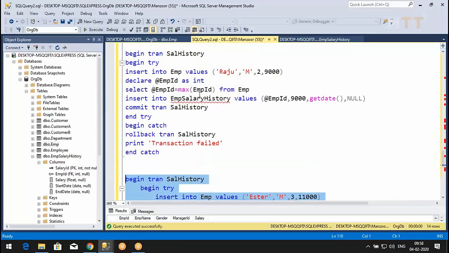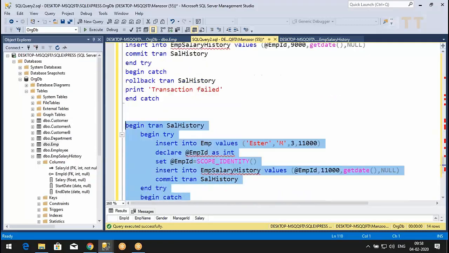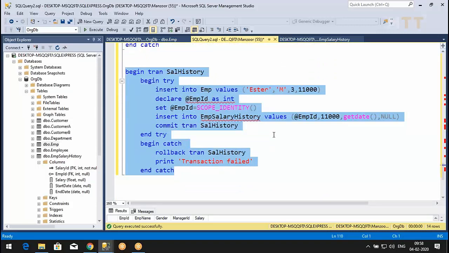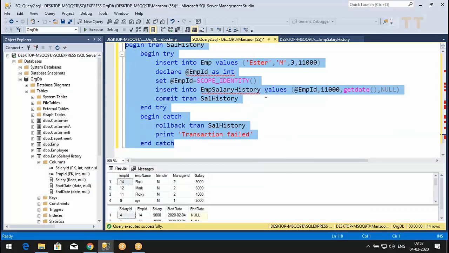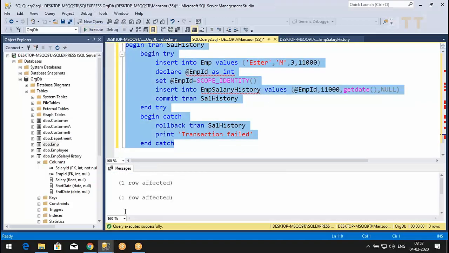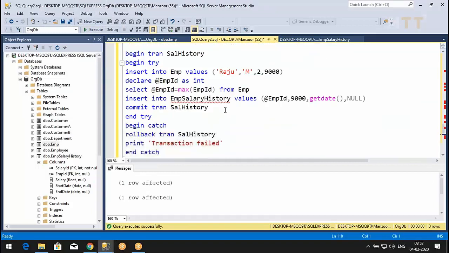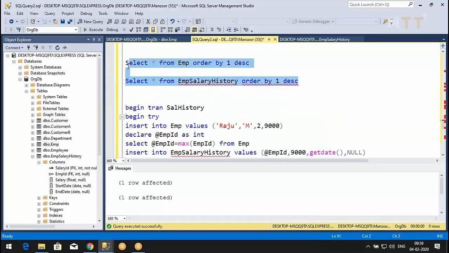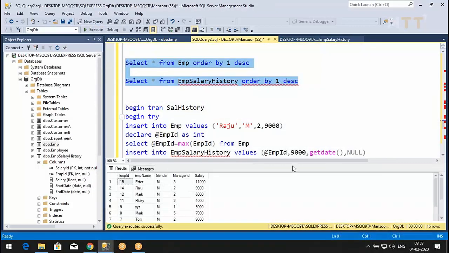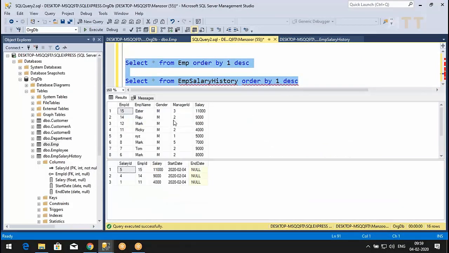I'll execute this. Easter. Now I'm inserting Easter. Let us see that. 2 rows affected. Got the employee ID 15.